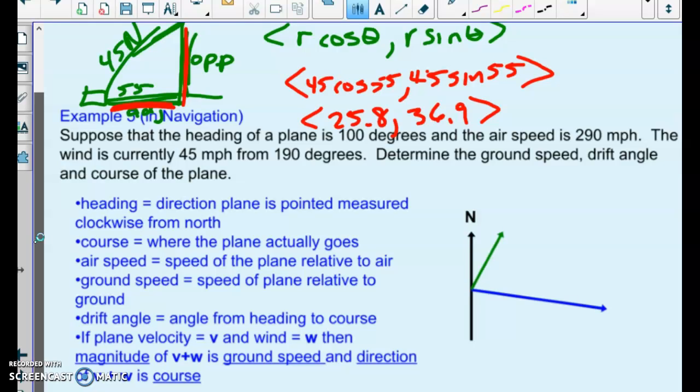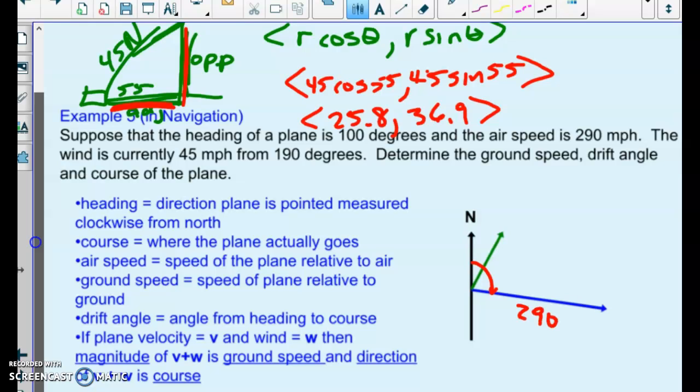Determine the ground speed and drift angle and the course of the airplane. All right, so I have this set up a little bit for us. We know that since we have north, this is 100 degrees, because when we have headings, we measure them from the north, just like the pilots do in airplanes. So we know that that is going to be 100 degrees, which means that this is going to be